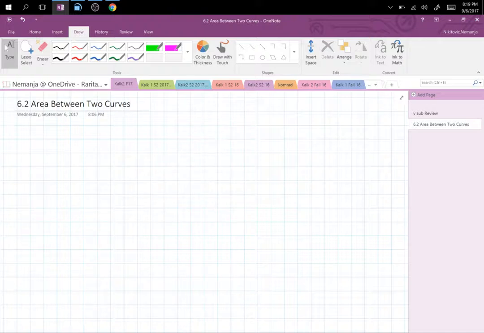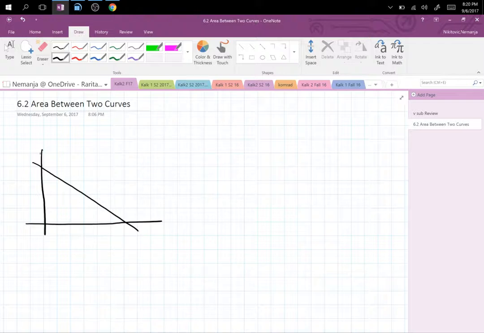Hello and welcome to Calculus 2, the first lecture of the semester: area between two curves. So in Calc 1 you learned that integrals can be used to compute area under the curve. And if you remember, definite integrals were in charge of doing that. So if you had, say, a triangle like this that cuts through the x and y axis, and you want to know the area of that